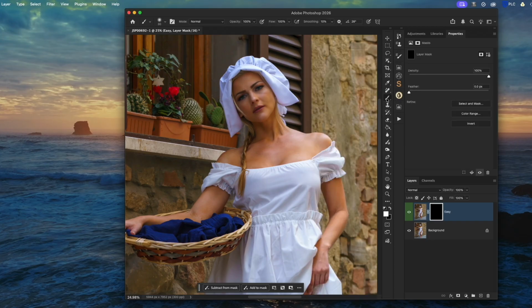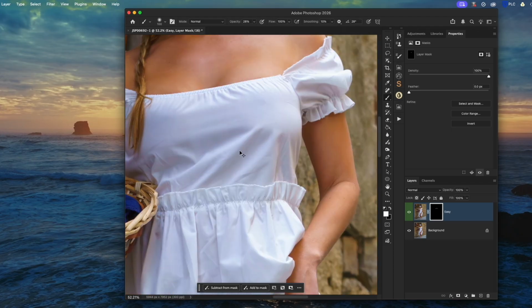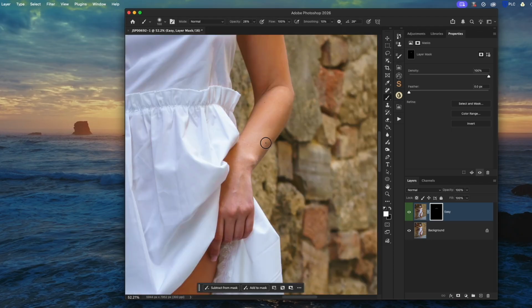So I take my brush, I bring the opacity to 28% perhaps, and I just want to smooth the skin a little bit around her neck, her chest. Try to still preserve some of the natural pores and texture on her skin. Not much, just a tiny bit. Same thing with her arm. If you notice, she has wonderful skin, but I just want to maybe